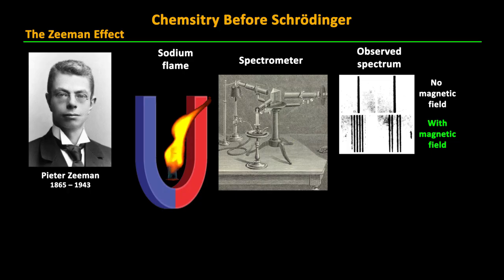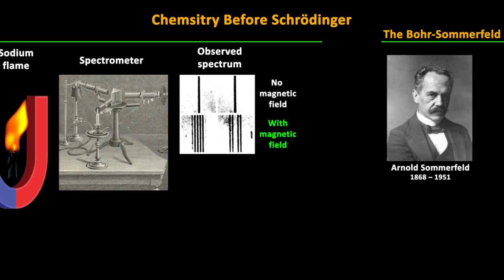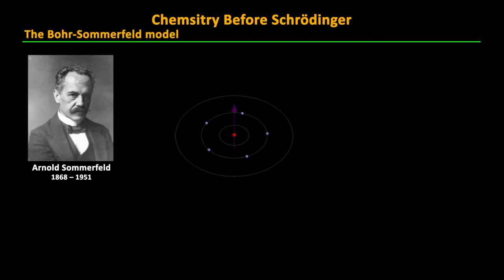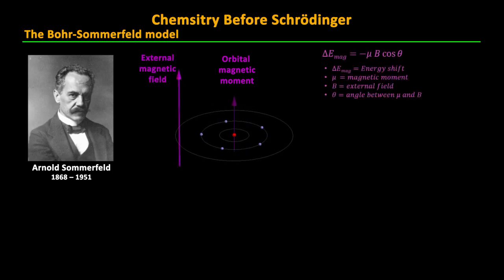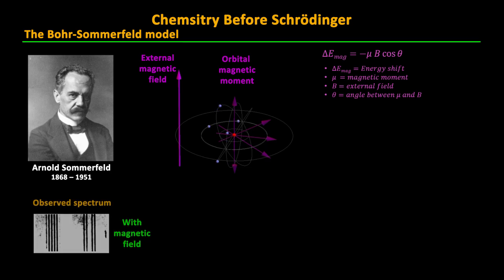This effect suggested to Sommerfeld that energies of the orbiting electrons were shifted due to their interaction with the external magnetic field. Ampere's law says that an orbiting charge creates a magnetic moment perpendicular to the plane of the orbit, so the energy shift should depend on the cosine of the angle between this moment and the externally applied field. Now, if this angle were allowed to randomly take on any value, then on average there should be a broadening of the electron energies and a blurring of the resulting spectral lines, not the observed result of splitting into several distinct sharp lines.